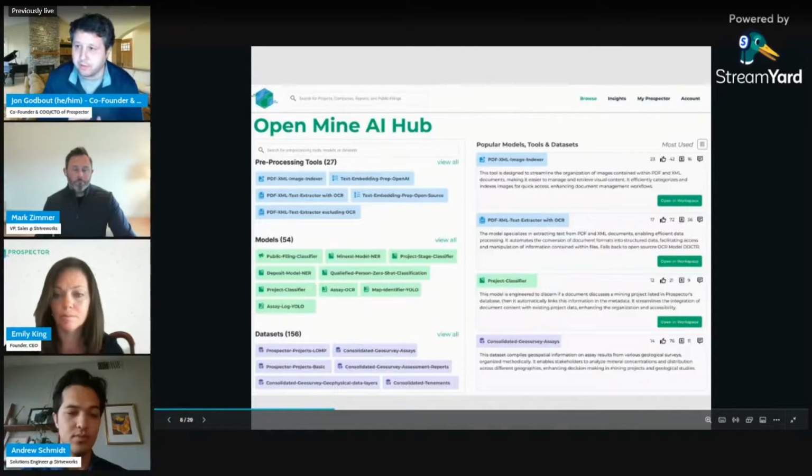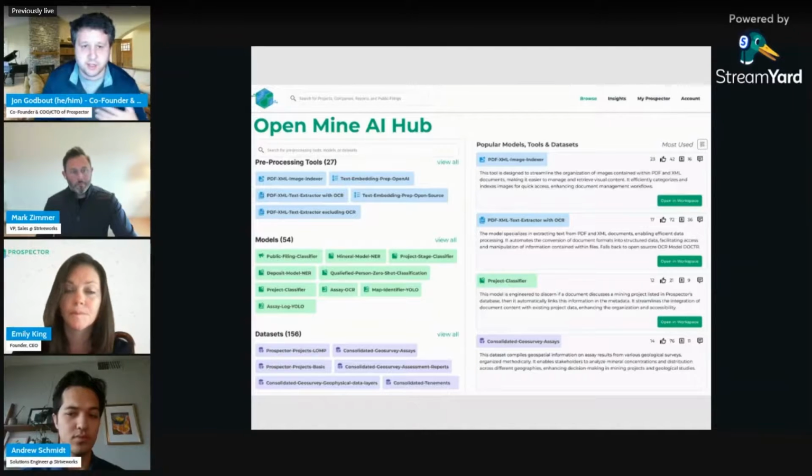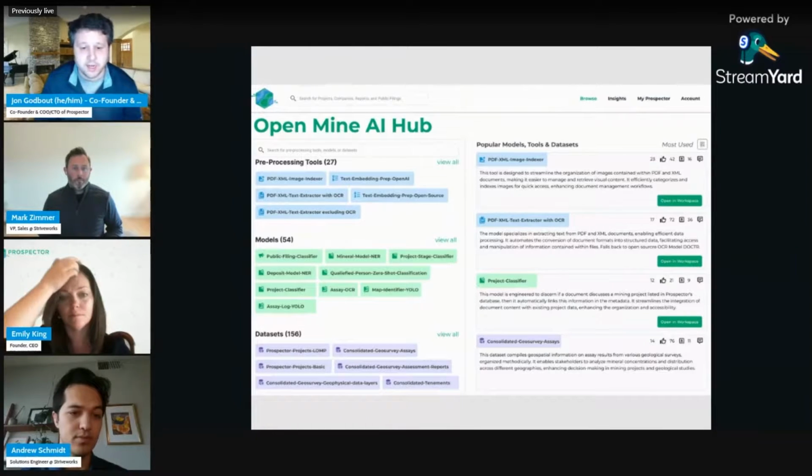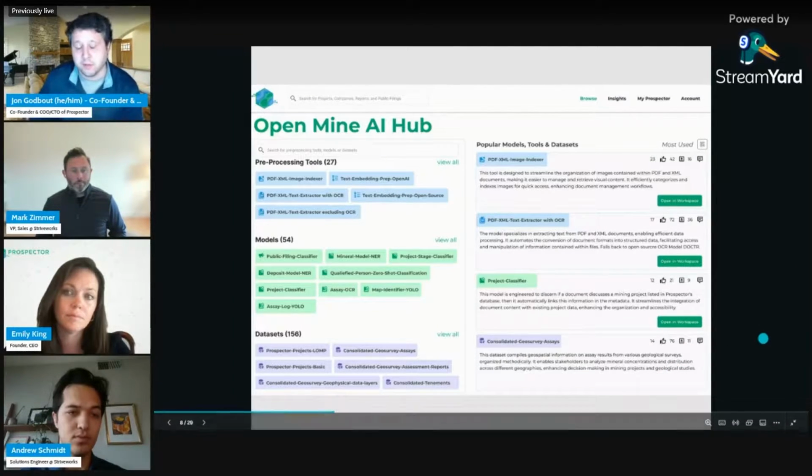And this is kind of a view of the platform we are building now, I would call it an alpha stage that we're working through, right? Where there's a series of pre-processing tools, things like image indexers, creating embeddings out of text, extracting text out of PDF documents, different models, whether those be things for summarizing the documents, classifying certain things, extracting images, and then coordinated and consolidated data sets that can be shared, all partnered with a workspace where you can then interact and work with this data to create meaningful insights for your organization.